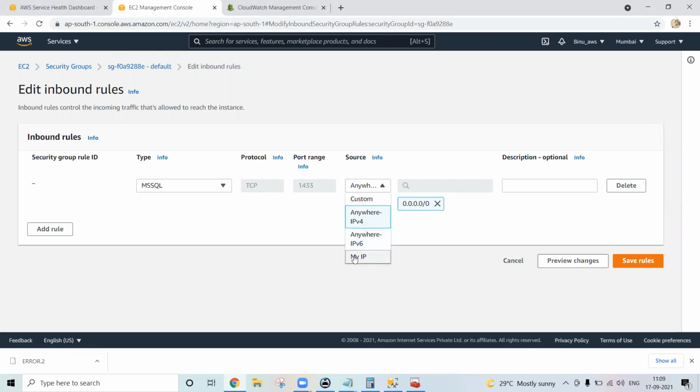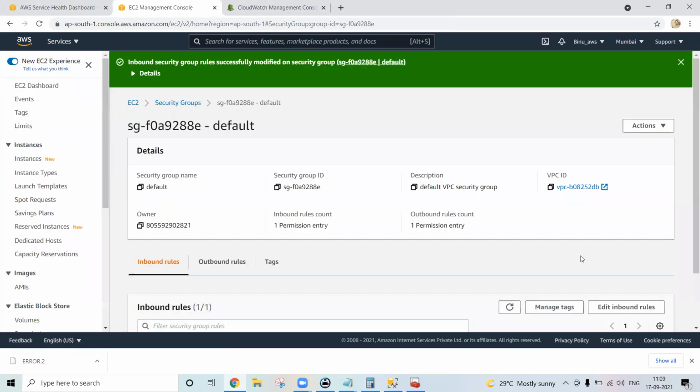I would like to access only from my IP address, meaning this laptop's IP address. Automatically it will populate the IP address if you select My IP. Now save rules. Now I have allowed access to the RDS instance from my system only.